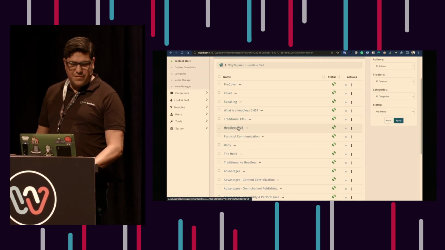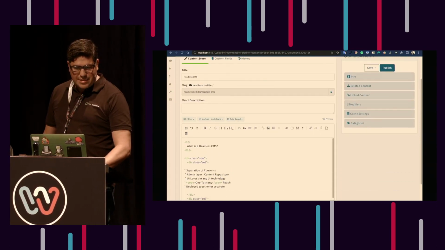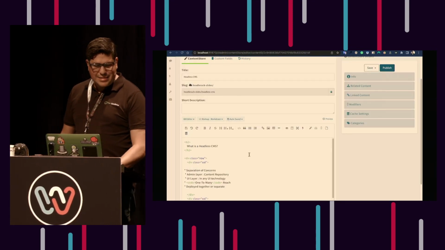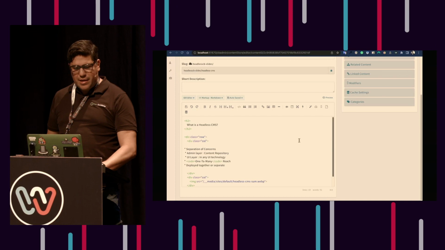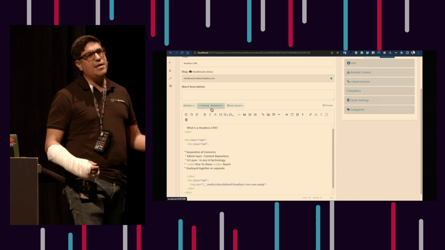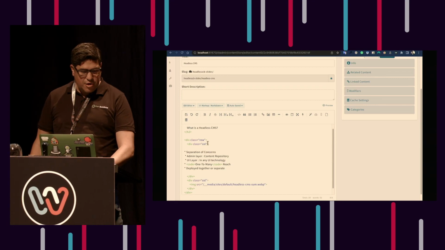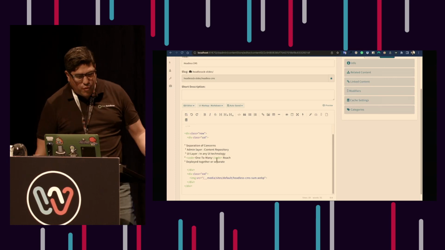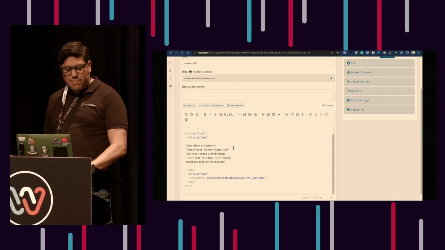And if I want to go into a specific slide, for example, headless CMS, here is my title. There's my slug. You can see that slug will match what is on top of my URL. Okay? And I can see here my content. I'm in coder mode, right? But there's also a UI mode. But in here, I'm in coder mode. And you can see that this is actually in Markdown. So I have a choice to build my slide in Markdown or pure HTML or a mixture. Okay? As a developer, I'm mixing here, and I've created my H2, I've created my row, my columns, I've created basically my bullet points, I've added things from my media gallery that I have, right? And that's what basically brings it in.